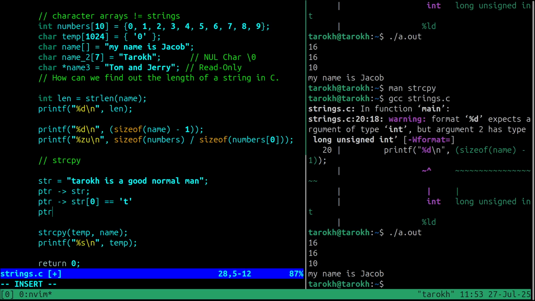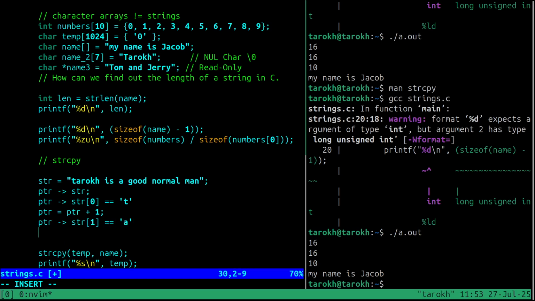So now if I say ptr equals ptr plus 1, now the ptr shall point to str1, which is A. If I say ptr equals ptr minus 1, it will go back one step, so it's still again pointing to str0. And if I say, for example, while the value of ptr, now here ptr is pointing to str0, now its value, the value of ptr,